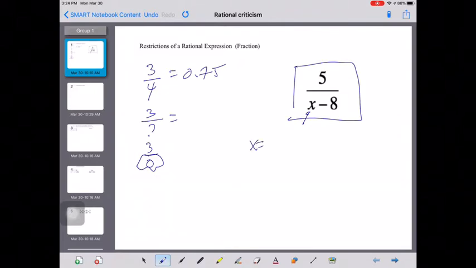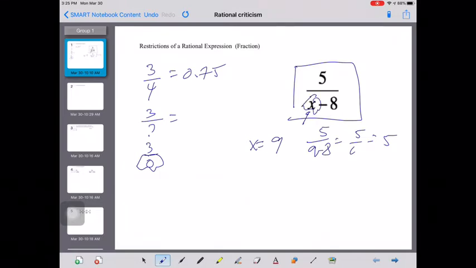For example, if I say x is equal to 9, that means you have 5 over 9 minus 8, which equals 5 over 1, which actually gives you a real number. But what number can you put into x that will not give you a number at the end? Well, we just said that the entire denominator cannot equal 0. So what number minus 8 will give you 0? That number is going to be 8. Because if you substitute 8 into the expression, you get 8 minus 8, which gives you 5 over 0,